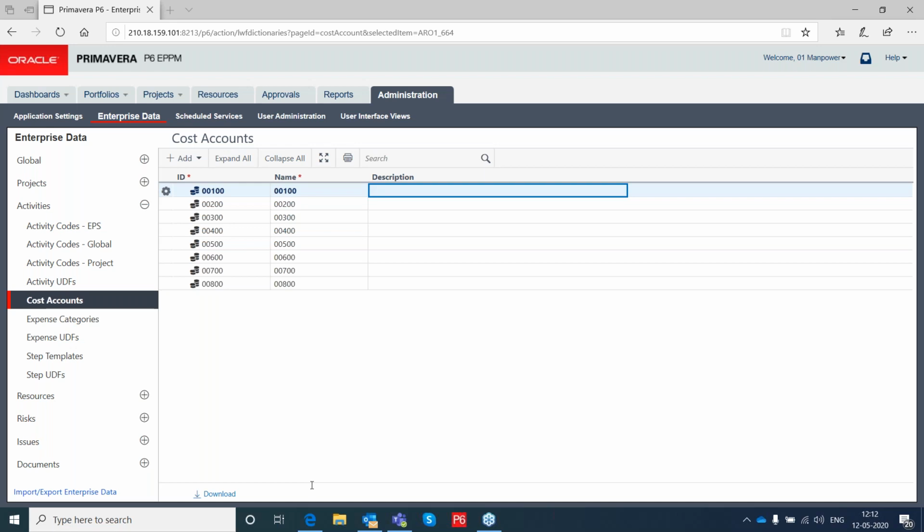Actually, in EPPM, if you start using the progress reporter, it has a timesheet. When each and every resource starts putting their time in the timesheet, then it's pretty easy to track for any project management. As a project manager, for this project I have 10 resources, so each resource needs to have a timesheet model. If they have a timesheet model, then they can enter their information. The first 4 hours I worked in project A, another 4 hours I worked in project B. Like that, I can just punch in my time. So that is available in Primavera P6 EPPM progress reporter. It's not available in PPM.